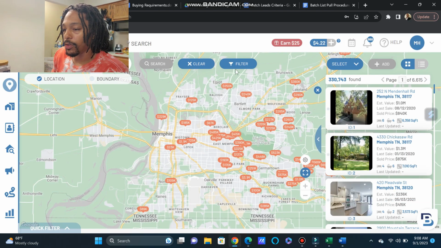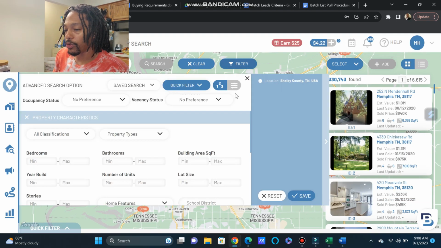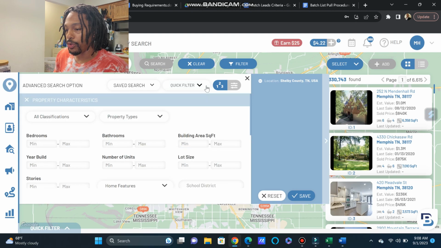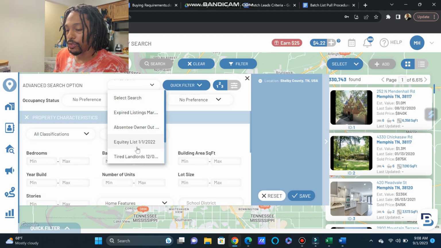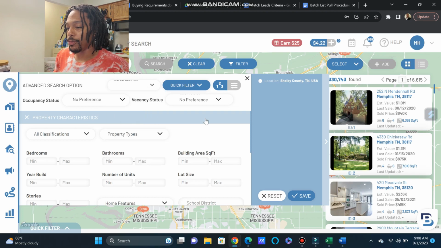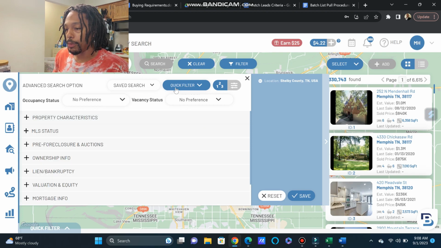Once I go to filters, I've already got this stuff saved, but I am going to build some new lists from scratch. You can go to saved searches, and I have a bunch of saved searches here that I can pull up already because I've input this stuff several times before. But let's do